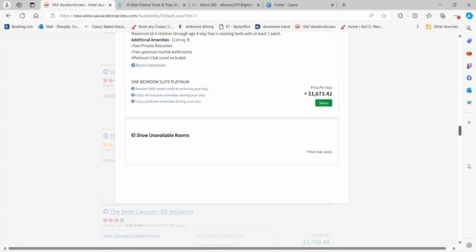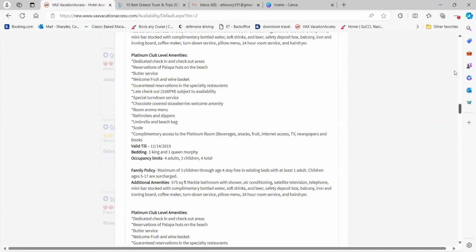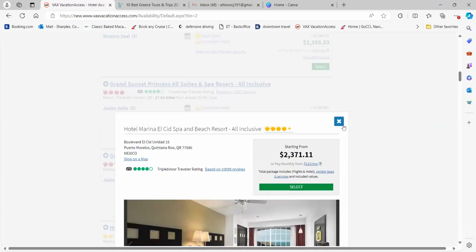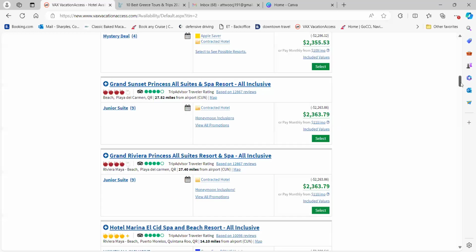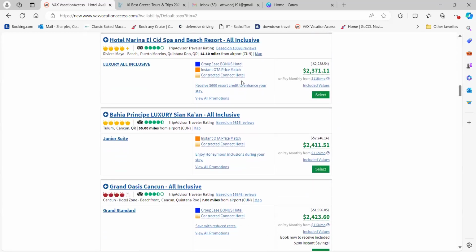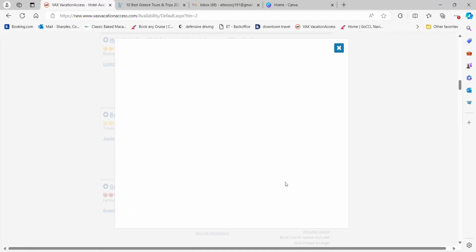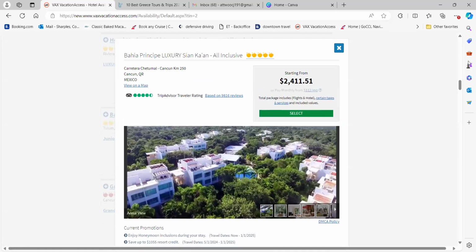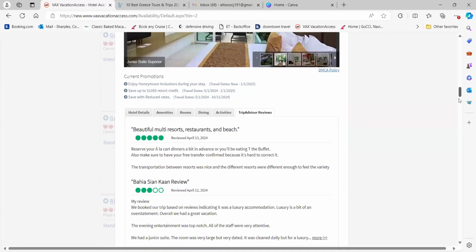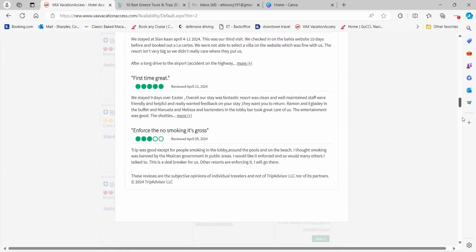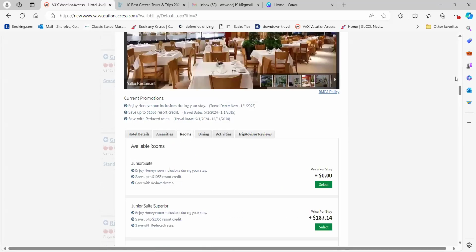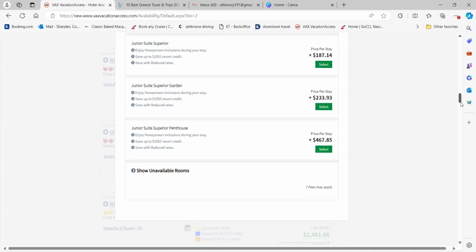So you can see they have different suites, platinums. Sometimes you'll see rooms that have swim outs, with the pool connected to it. So there's a variety of different ones. Usually if they're that big, they also have trams as well. So you just want to take a look here.